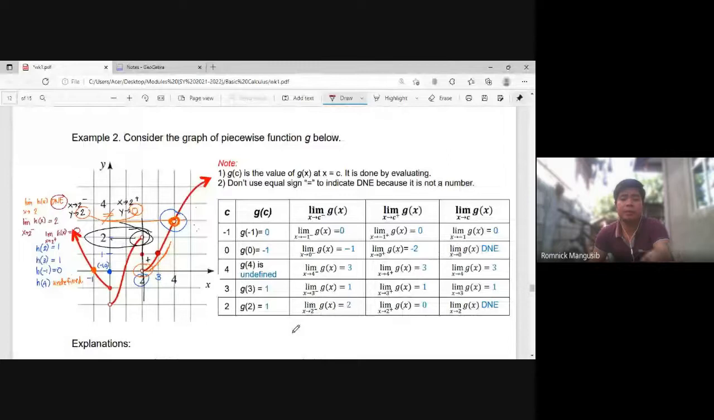Kaya kung tingnan nyo naman sa examples class, function g pala yan. Pero don't worry, even the name, though we change the name of the function, go to the solutions. Kaya tinan nyo, g of 4 is undefined. And ano yung sinagutan natin? Yung 2. Ayan o. G of 2 is equal to 1. 2 ang kanyang left. 0 ang kanyang right. So, ibig sabihin, hindi sila pantay. Lahat ng hindi pantay, DNE. Ito hindi pantay, DNE. Lahat ng pantay ay naggagayahan na sila. 3, 3, 3. 0, 0, 0. 1, 1,